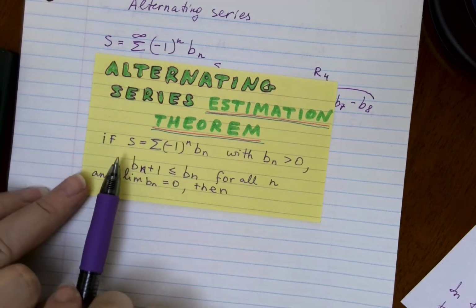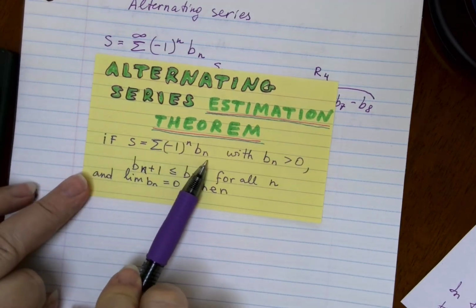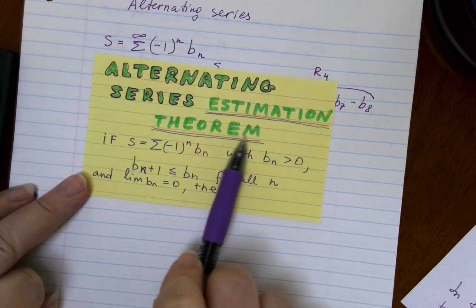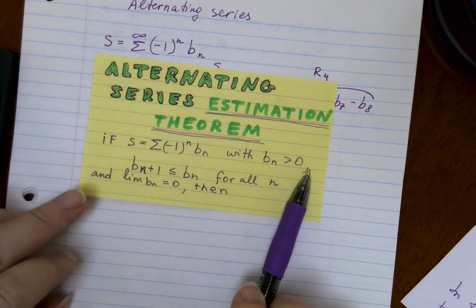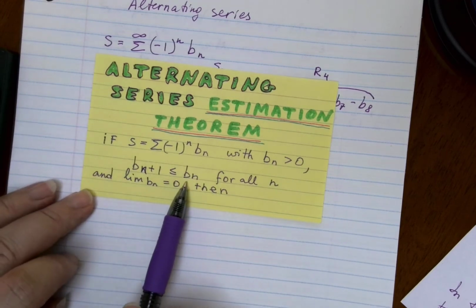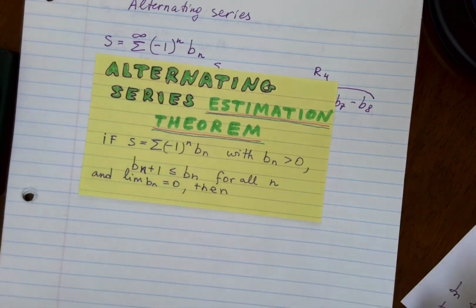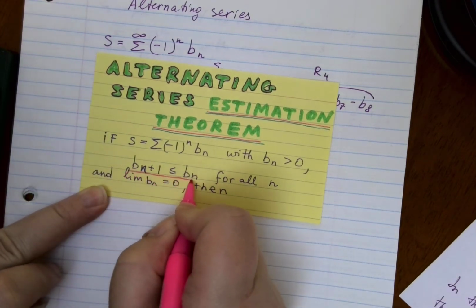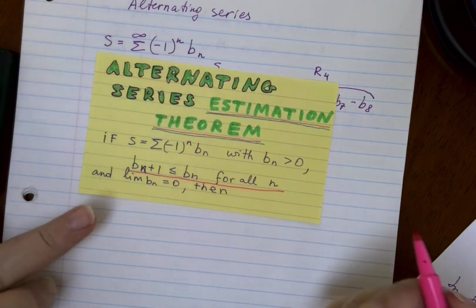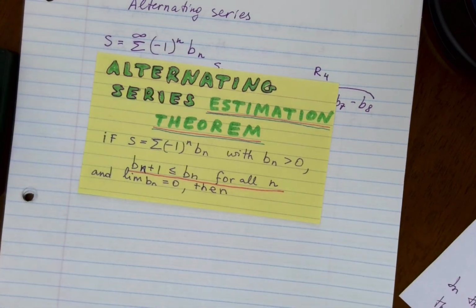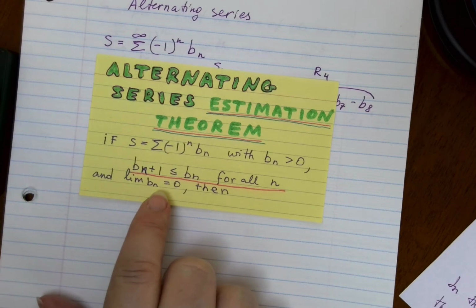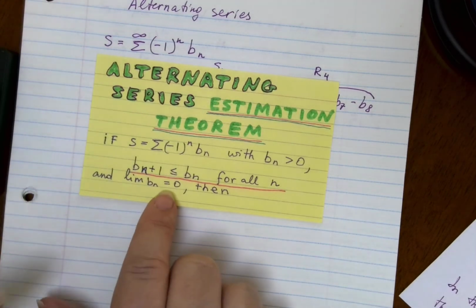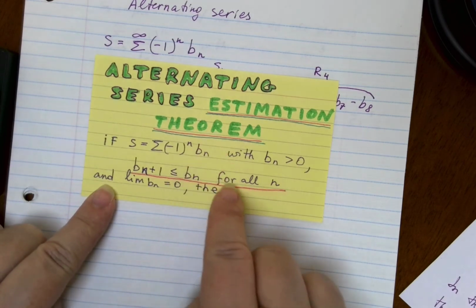So, if we have an alternating series with Bn greater than 0, which means it's really an alternating series, then we have, note that this is strict for all n, so it's monotonically decreasing starting from the very first term of the series, and of course the built-in divergence test, which means that we have a converging